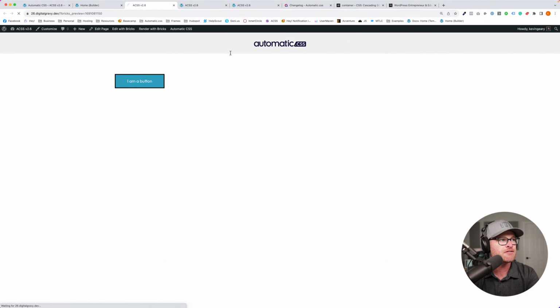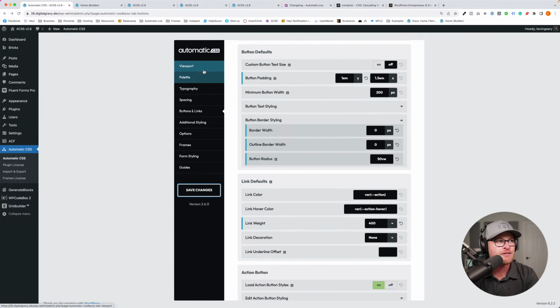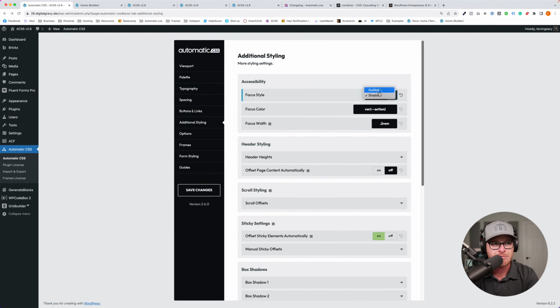And let's go look at this on the front end. So that's what happens to my button. I have a pill now. That's called a pill shape. And look at that focus style, guys. That's so nice. Look at it. It's just like, ooh, it's got the curves now. That's fantastic. Now let's see what would happen if I was using outline maybe.